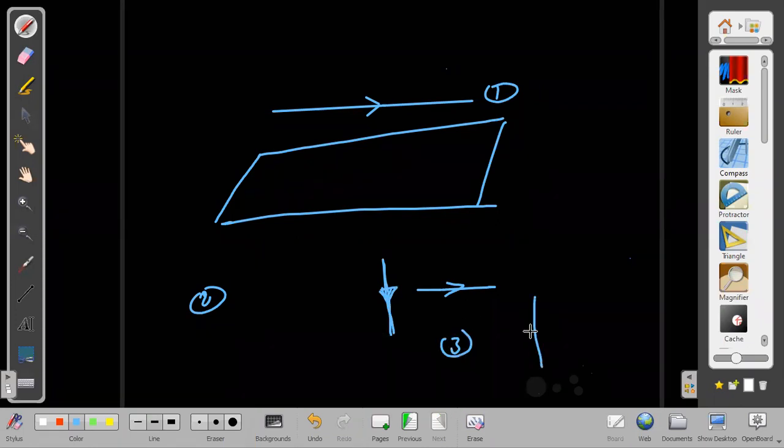Number 3, between a wire and a square. Number 4, between a square current-carrying loop and a wire. Between a wire and a rectangle. Triangle, sorry, wire and a triangle, wire and a rectangle, wire and two perpendicular wires, wire and a sheet carrying current in a certain direction. All these cases I have to take.